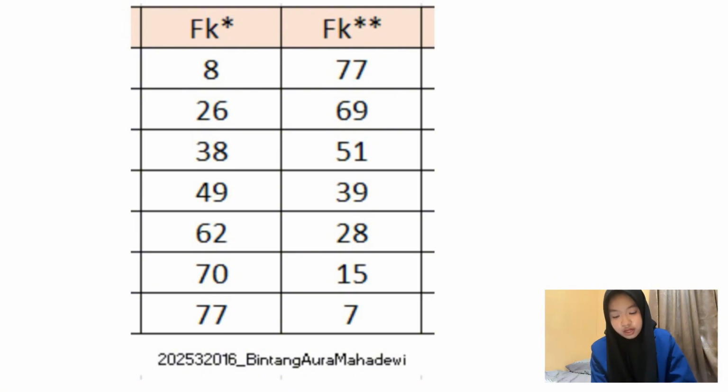Conversely, the descending cumulative frequency is accumulated from the last class back to the first. The Cf of the first class equals 77, representing the entire dataset, while the Cf of the final class equals only the last class Fi. The Excel formula used is =SUM(Fi of the current class : Fi of the last class).